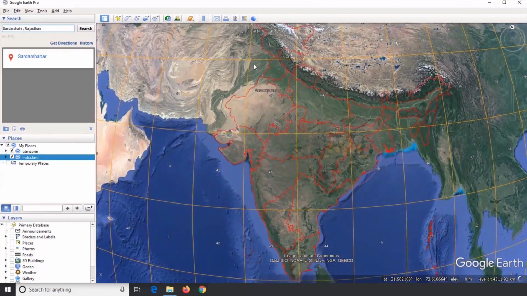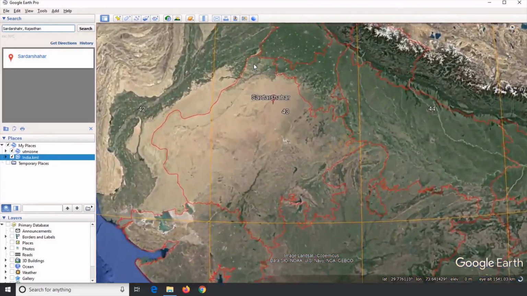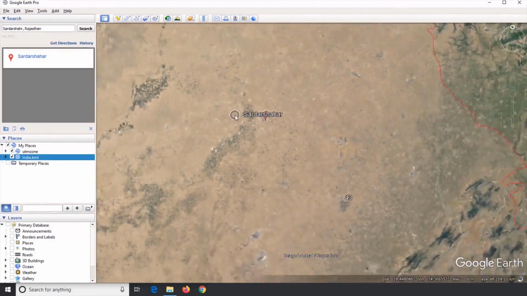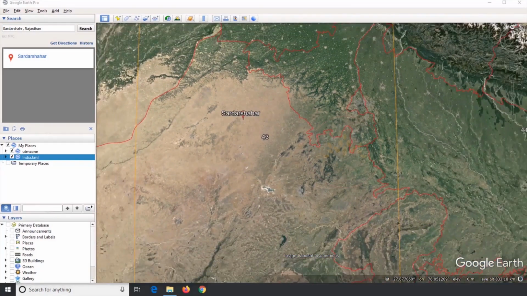It shows the topo sheet is falling in zone 43. Hence, we will assign zone 43 northern hemisphere to project our registered topographical sheet.